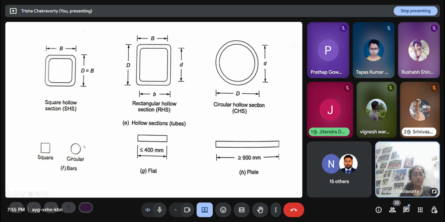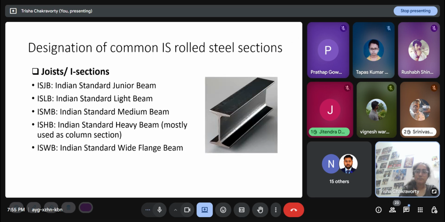They are not actually square cross sections, the kind we expect in concrete structures. So you will see that the dimensions that we deal with in steel sections are much smaller than what we are used to dealing with in concrete sections.